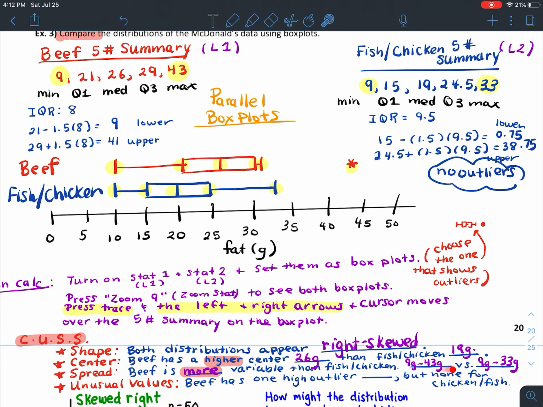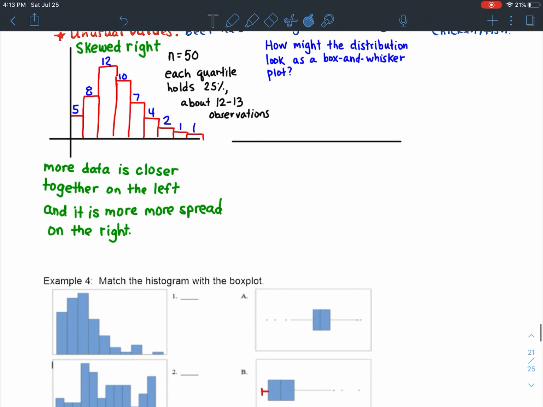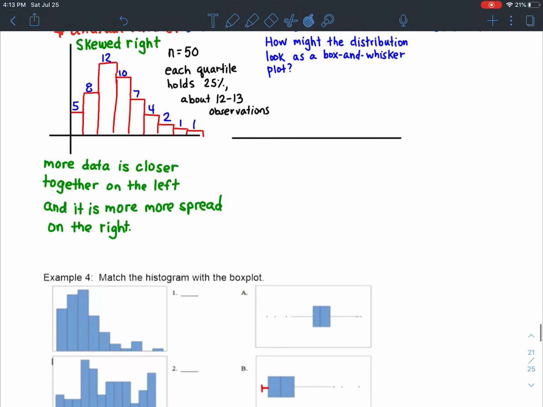Okay? See how I'm citing the evidence here? I'm citing this by listing some numerical data here. And then finally, the beef has one high outlier, 43 grams, but none for chicken and fish. Okay? All right, so let's take a little closer look here at how you might be able to look at,